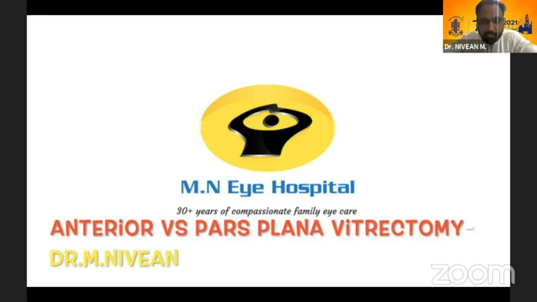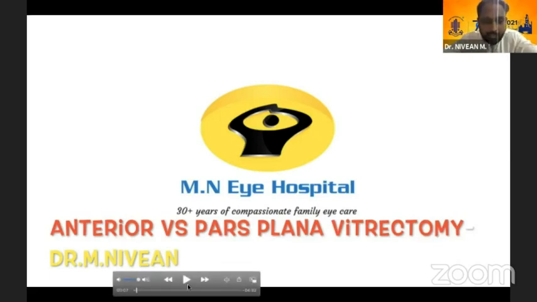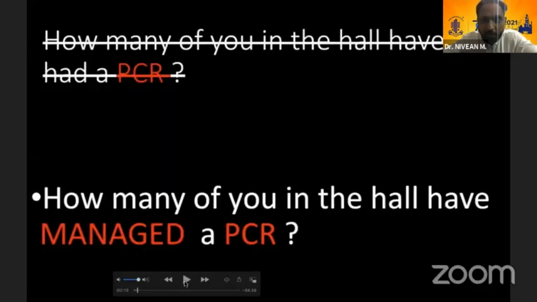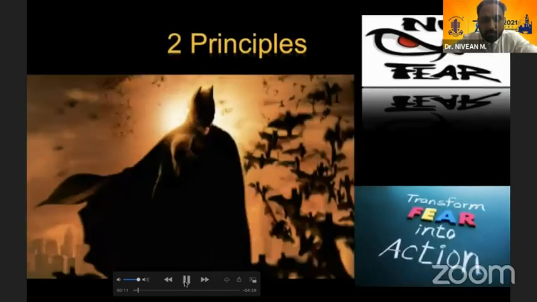Respected teachers, senior ophthalmologists, I'm going to talk on the role of anterior vitrectomy when it comes to SICS, something slightly different from the other things. We all can have a PCR when we do cataract surgery, so there's no hiding the fact, but then we'll have to start managing it to get better results is what I'm going to talk about.